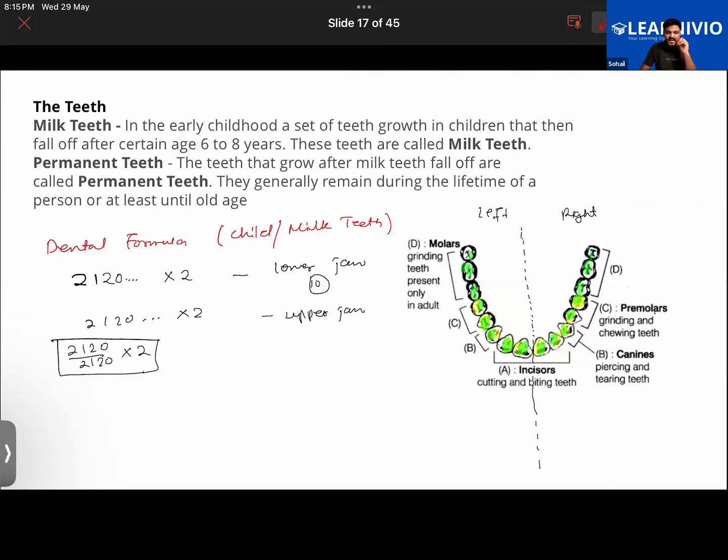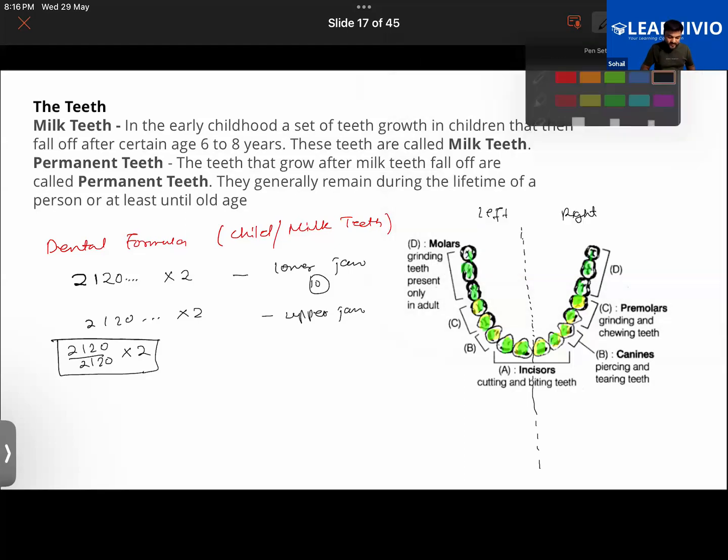Further, let us understand about the dental formula in the case of an adult person, how the dental formula of an adult person is going to look. Also, there is a dental formula for a cow. You can find dental formulas for rabbit, for dog, for a kangaroo, and for different other mammals also. Getting it now?